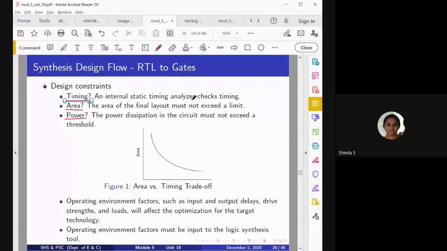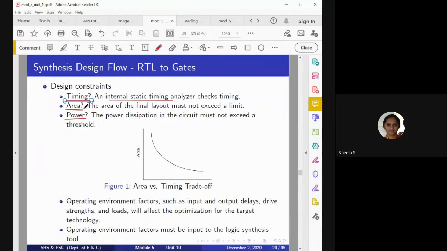Finally, how much time it takes to propagate to the output port will be calculated. That is considered timing analysis. Every vendor provides an internal static timing analyzer, so that one can analyze how much time it will take to respond.